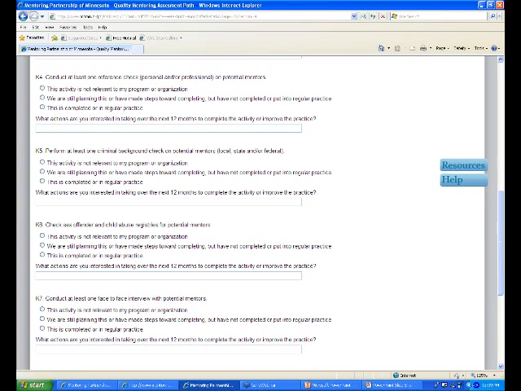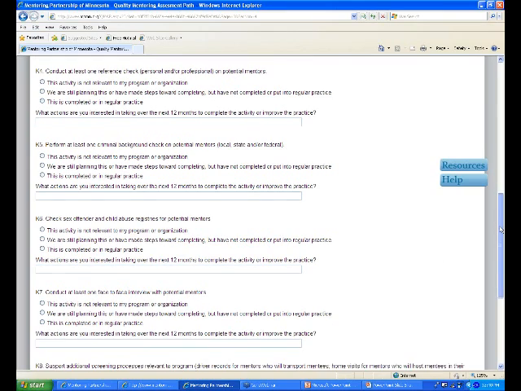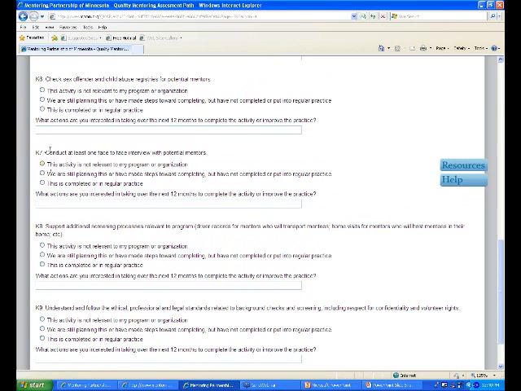Checking sex offender and child abuse registries for potential mentors is something that we included separately. Sometimes these get lumped together, but we included them separately because there's no cost involved with checking those. And a face-to-face interview,